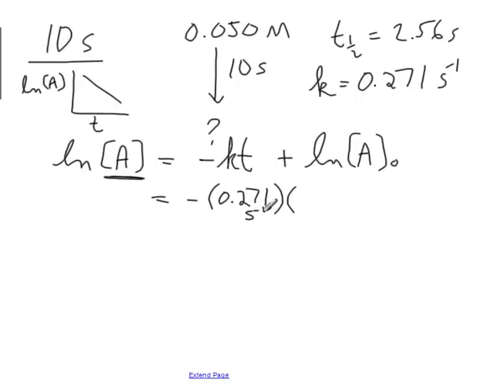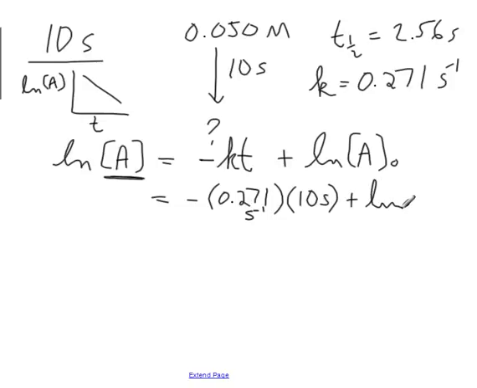Why? Because sometimes the question will try to trick you by giving you a rate constant in per seconds, but a time in minutes or hours or something, right? Those time units must match the units of the rate constant. Okay, so if you put the units in, you'll catch that kind of mistake. If you were putting per second and then you put minutes, hopefully that would strike you as that's not going to work, right? So 10 seconds